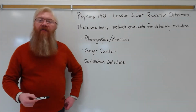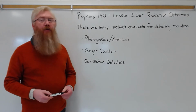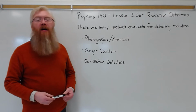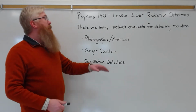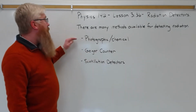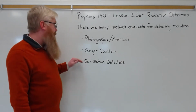There are several different means available for detecting nuclear radiation. And of course, it's very important to be able to detect nuclear radiation, given that it can be harmful to tissues, and we'll talk more about that in this lesson later on. But the three main ones that we'll talk about for detecting are photographic chemical detection, Geiger counter detection, or scintillation